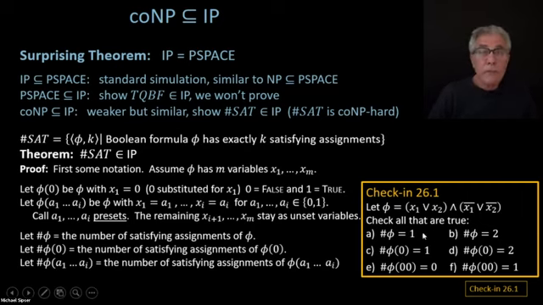Here I'm really giving you two options in each row for the value. Now you have to check all that are true. So it's really going to be at most one per row, presumably. All right, let's see if you're with me here. So the number of satisfying assignments for